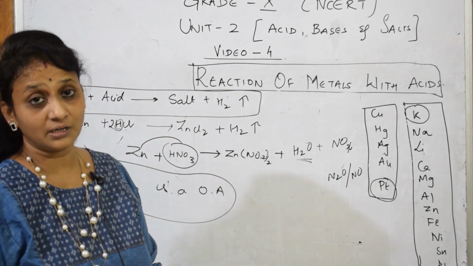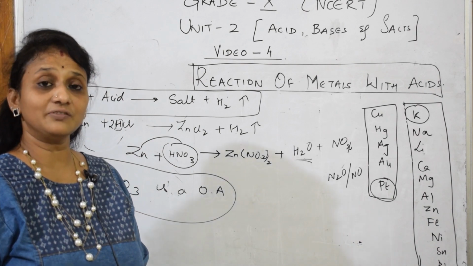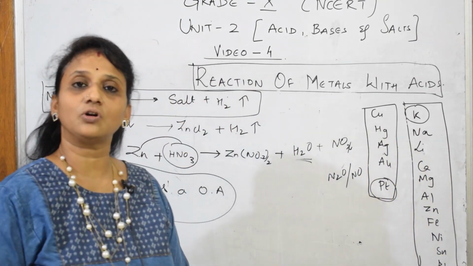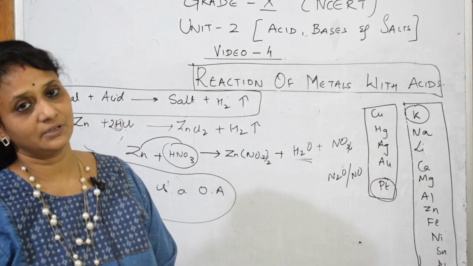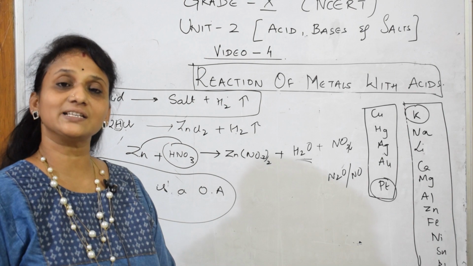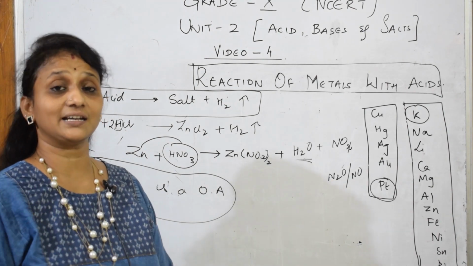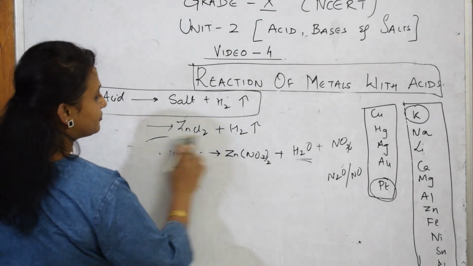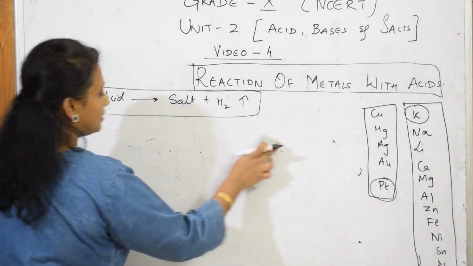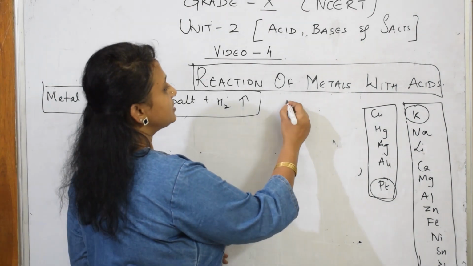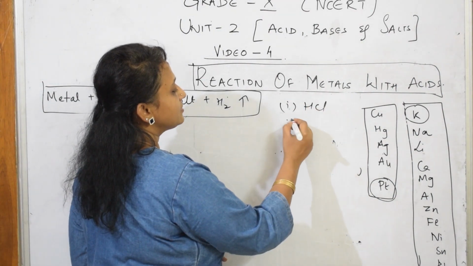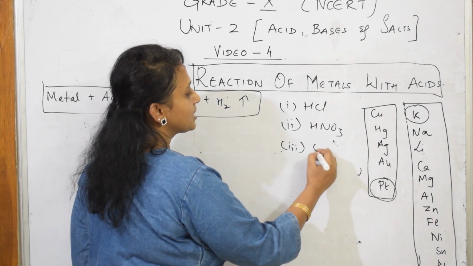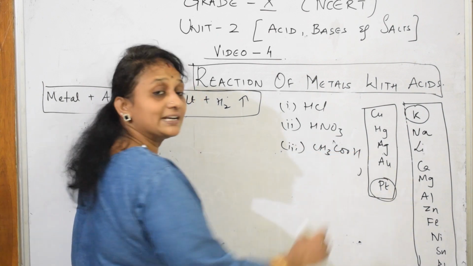Question number 4: which metal reacts very fast with acids? All these you can take in order. Question number 5: what is the salt or gas which is released when acetic acid reacts with a metal? Shall we see that? Yes. So I'll erase this again, everything for you all. And now, what did we test? We tested with HCl. We tested with HNO3. We are going to test with acetic acid now. CH3COOH. Let us write that.